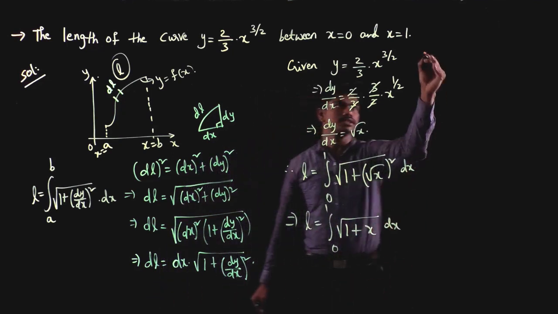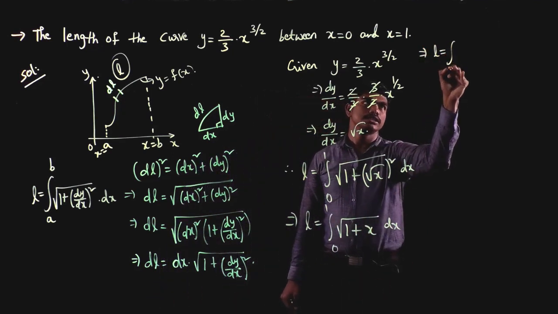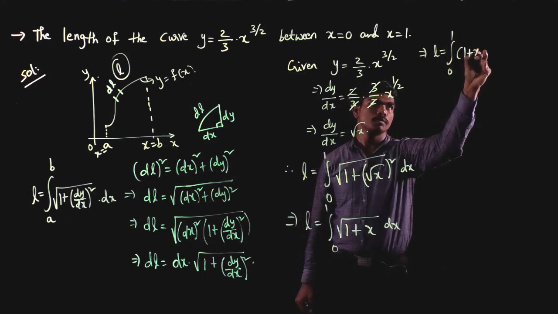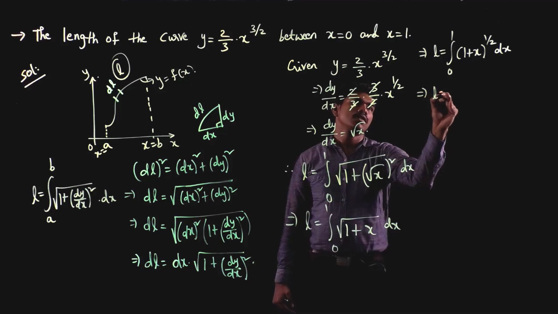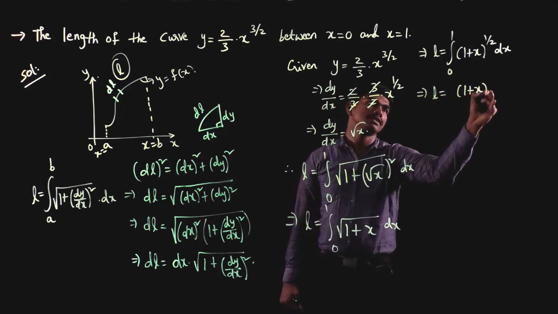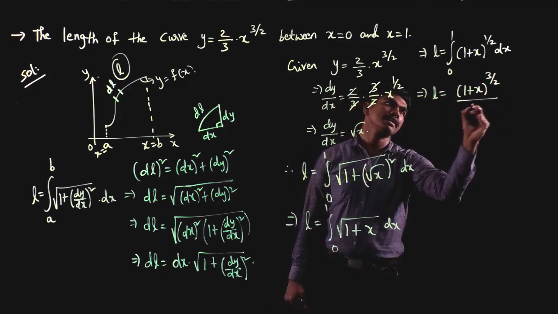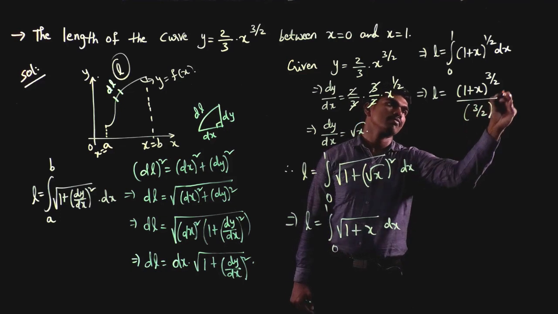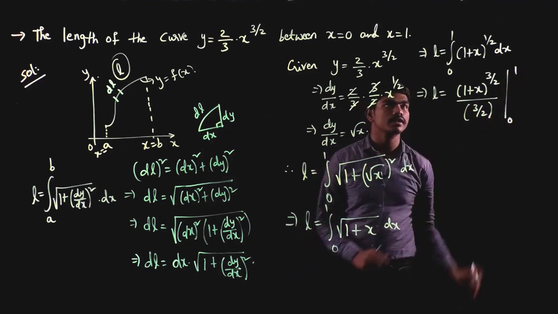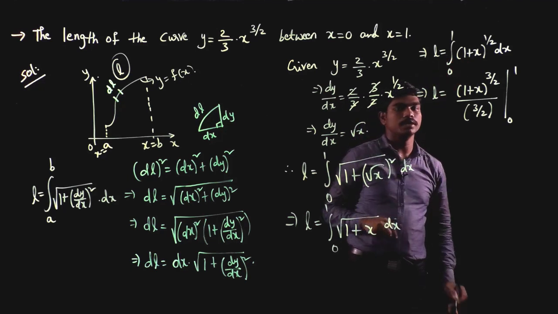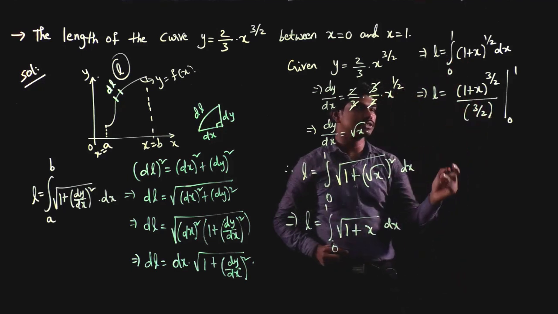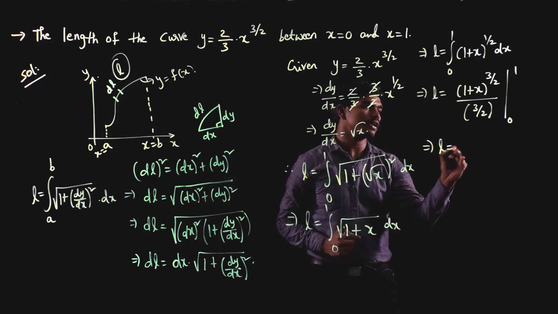Now can I write this as integral 0 to 1 of (1 plus x) whole power 1 by 2 dx, which is equal to (1 plus x) whole power 3 by 2 divided by 3 by 2 within the limits 0 to 1, correct, because integration of a power n is a power n plus 1 divided by n plus 1, and since the inner derivative is 1,